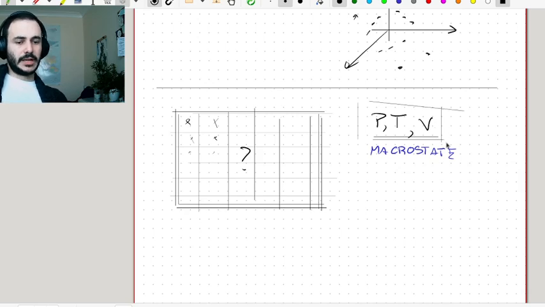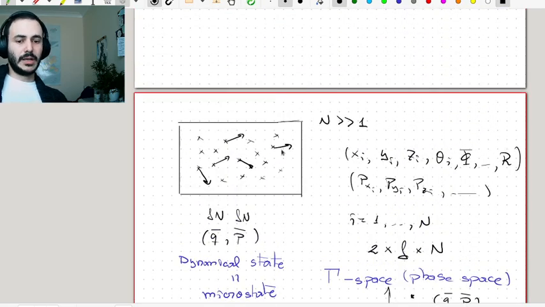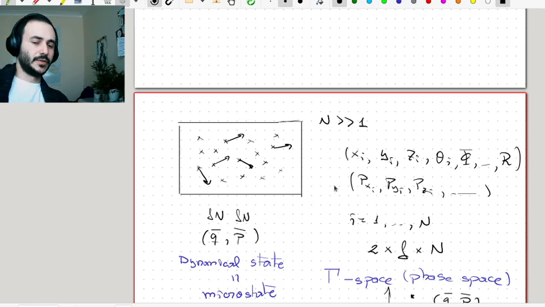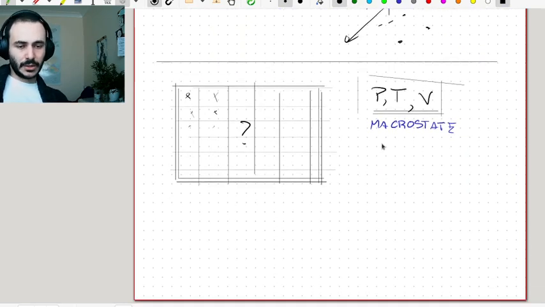So there's actually very many different arrangements of molecules in different positions, and very many directions and magnitudes of velocities that I could assign to each of these molecules that would be compatible with this observation that I just did here. So that is to say that there is a large number of microstates which are compatible with a macrostate, and if you could count what that number is, that's what we're going to call capital omega,